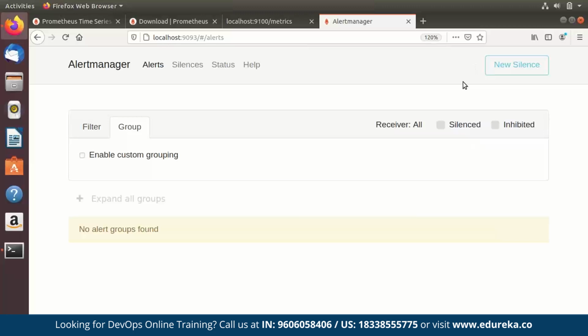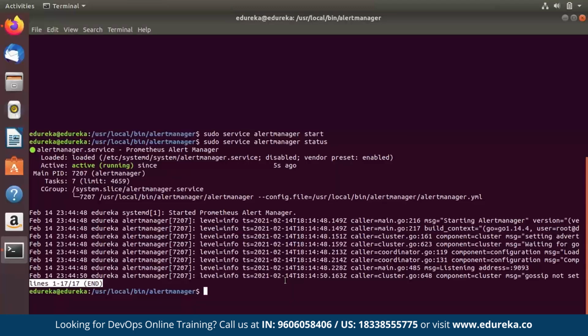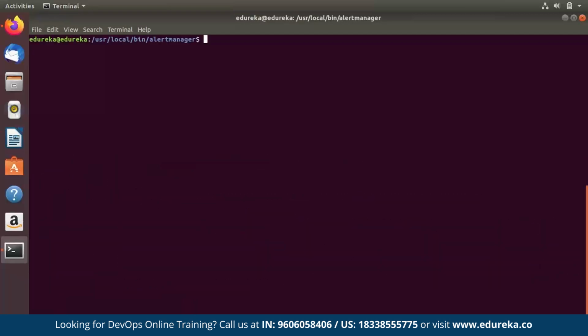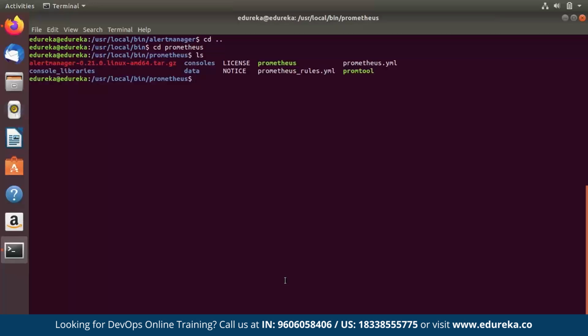Okay, so now that we have set up our Alert Manager, we'll quickly shift back to our terminal and I'll clear my screen. So now we have to configure Alert Manager into Prometheus. I'm just going to move out from this directory and enter the Prometheus directory. I'm just going to list out the files that are present here. So I'm just going to edit my prometheus.yml file.